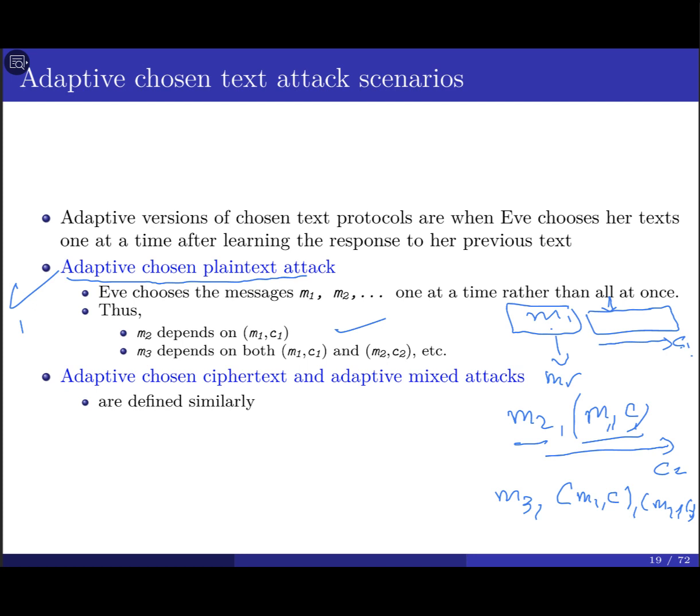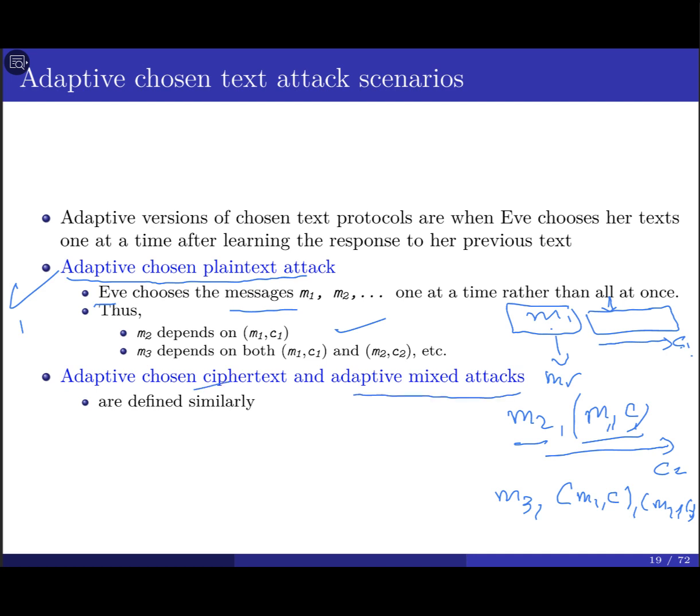For the adaptive chosen ciphertext attack, it'll be the same thing, but it's Eve, of course, who is going to choose the ciphertext C1, then send it to the server to decrypt it. Once you get the message M1, you see, okay, what if I change 1 or 2 bits? And of course, you have to organize this operation, it's not randomly changing the bits. I know the locations that I change, then I will see what's going to happen to the plaintext, how many bits are going to change if I flip 1 bit from 0 to 1. This is the adaptive chosen ciphertext attack.